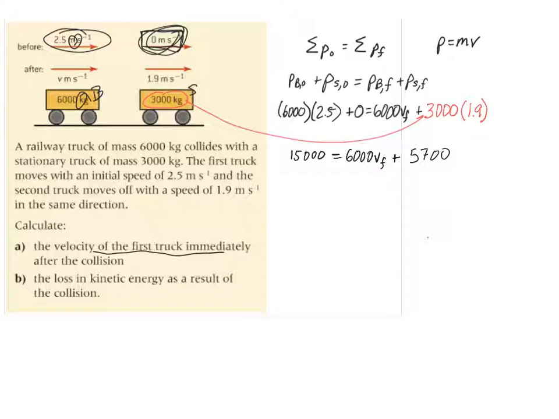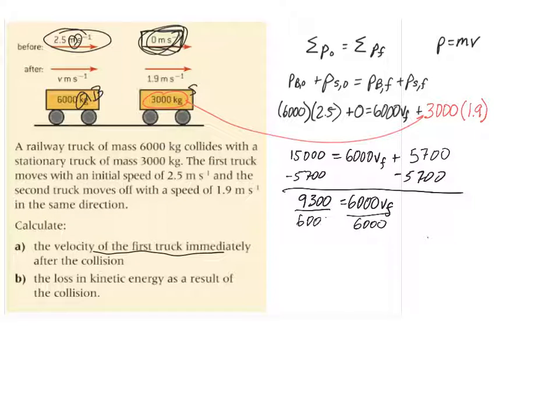Okay, and then at this point, I should be able to start solving my linear equation. Subtract the 5,700 to the other side, so minus 5,700 to both sides, and that will give me 9,300 equals 6,000 VF. Then divide both sides by 6,000, and I get